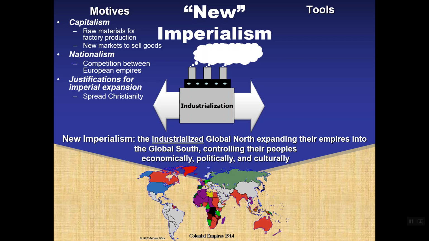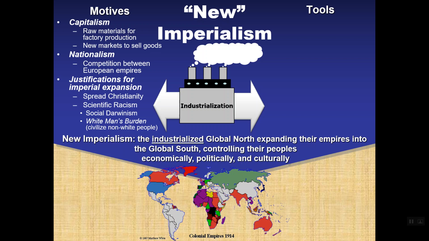Well, we're trying to spread Christianity. That sounds like a good thing to some folks, right? Except if you're not a Christian. And the other one is scientific racism in the form of social Darwinism. In order for me to explain social Darwinism, I'd have to explain Darwinism in the first place. What is Darwinism, and how does that create what is called the white man's burden, or the burden to civilize other people? That's how they justified it as well.